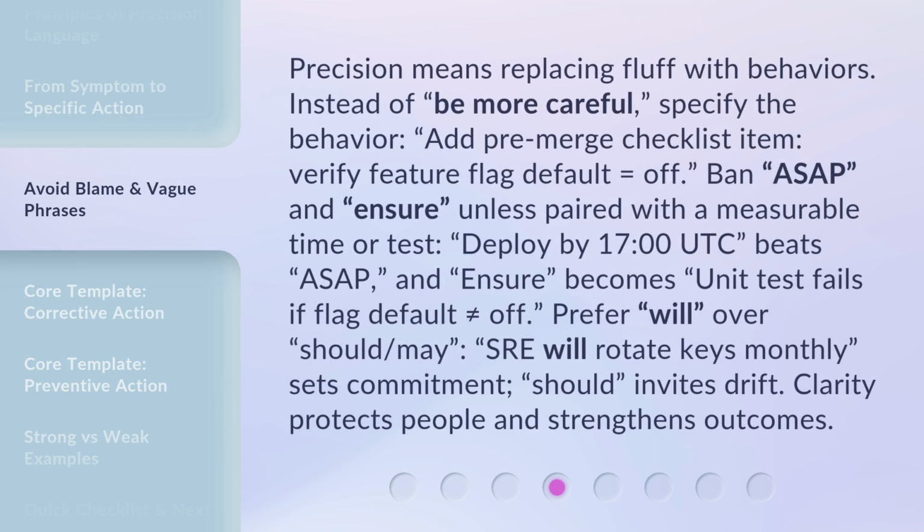Precision means replacing fluff with behaviors. Instead of "be more careful," specify the behavior. Add pre-merge checklist item: verify feature flag default equals off. Ban "ASAP" and "ensure" unless paired with a measurable time or test. "Deploy by 1700 Coordinated Universal Time" beats "ASAP," and "ensure" becomes "unit test fails if flag default does not equal